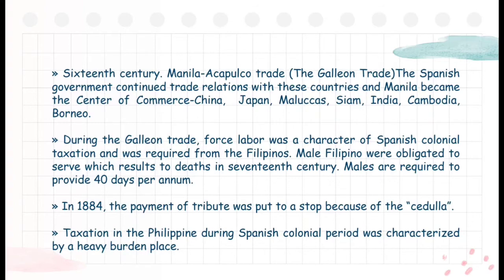In the late 19th century, particularly in 1884, the payment of tribute was put to a stop because of the existence of the cedula, which is up until today we are using this way of taxation. This covers each person, not each household, that is being guaranteed by these cedulas. This is usually needed when one was traveling. Indeed, this made the peasants feel much burdened, unlike the wealthy ones who can afford to pay. This became the major source of income in the government, and also it is the major source of corruption by